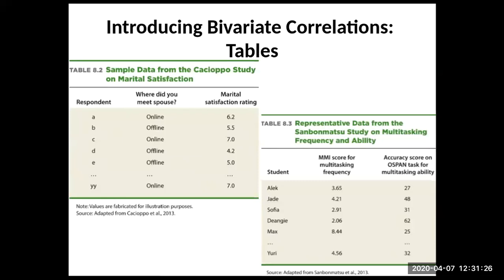Yep, you are absolutely right, hopefully, if you guessed the way that I did. Two measured variables that are quantitative is going to be a scatter plot, and it's going to be an R value. But either way, whether it's table 8.2 or table 8.3, both of them are going to be a correlation. They will just look different on a graph. 8.2, bar graph, t value or t-test value, and 8.3, because they're both quantitative and neither of them are categorical, two measured variables, it's going to be a scatter plot and an R value.